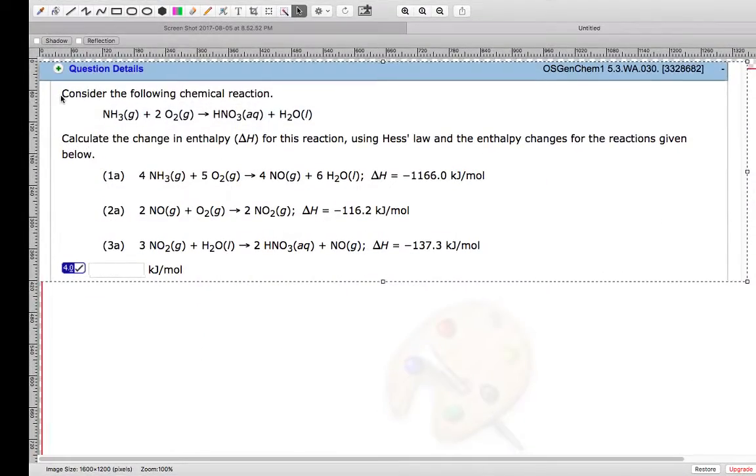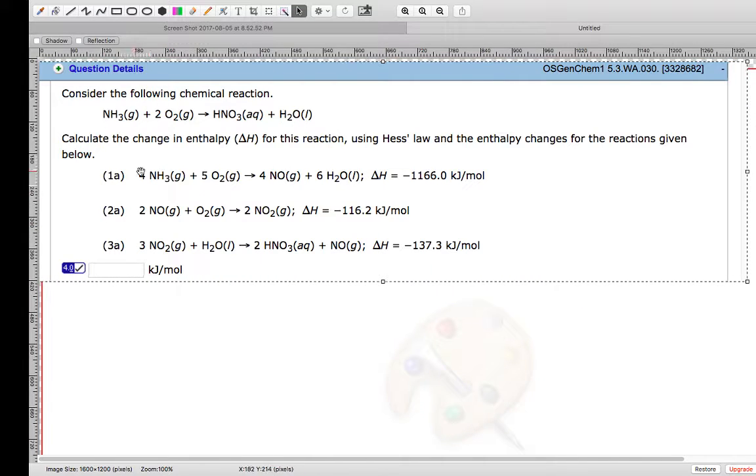This is about problem 8 on the WebAssign additional problems in this module. I forgot what module this is, but this is about enthalpy. These are the enthalpy problems. Now, let's see,